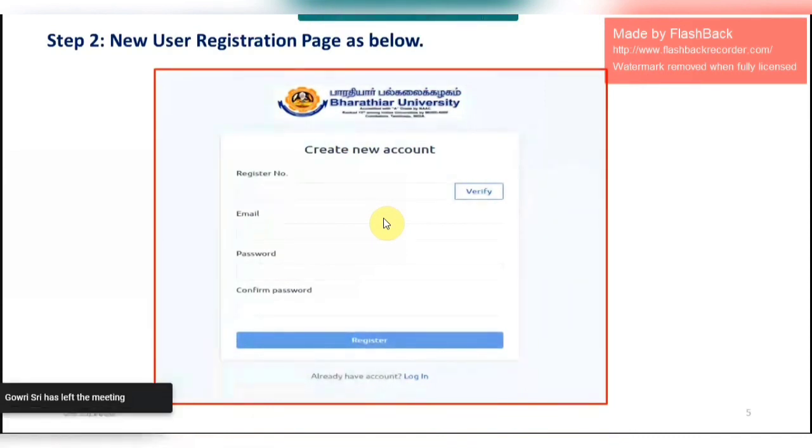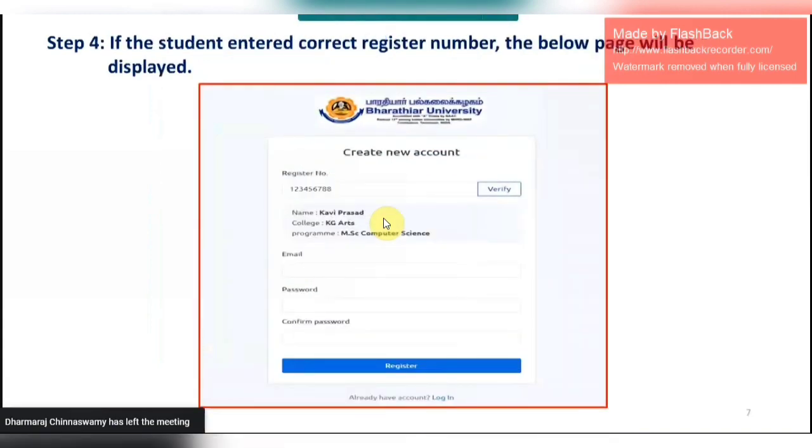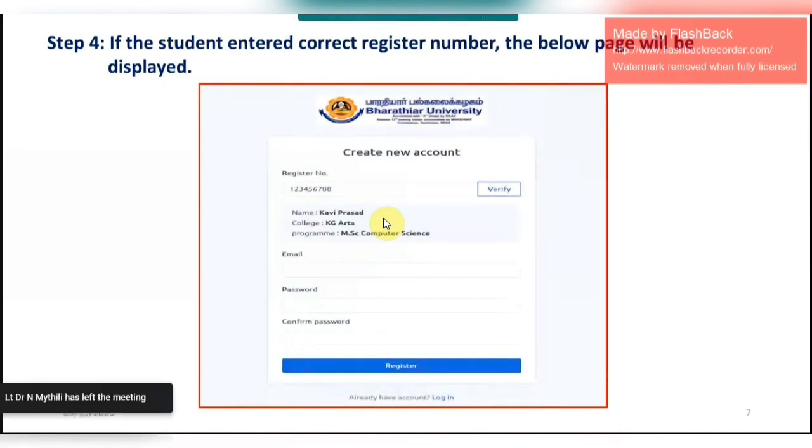It states that they have to create a new account. To create a new account, they have to enter their correct register number and check the verify option. Once they click verify, automatically the name of the student, the college and the program will be populated for further process.